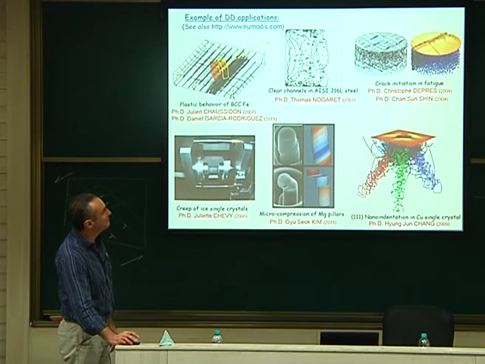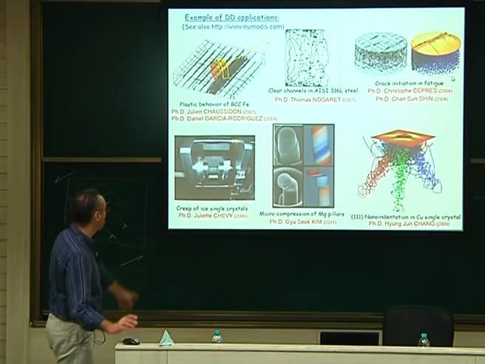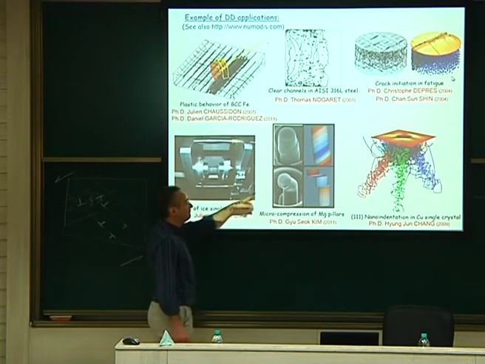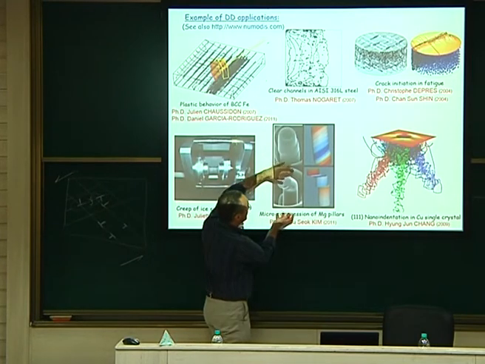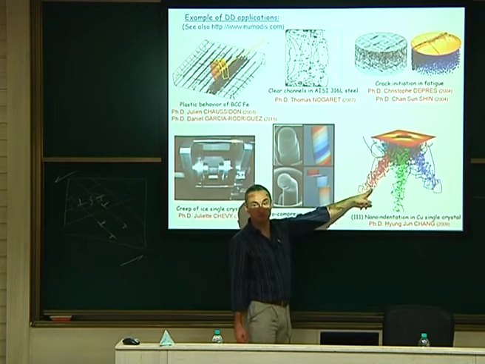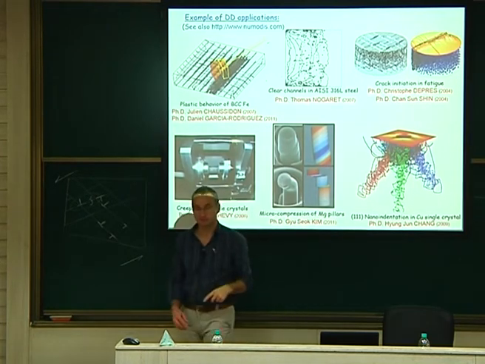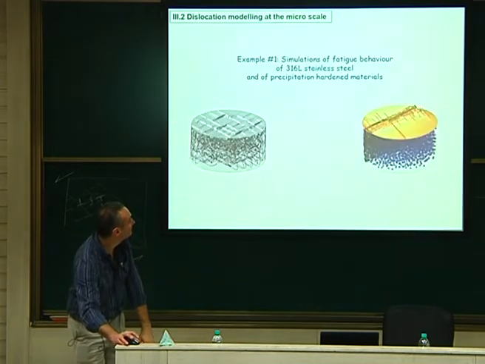And then we did the same in the case of particles inside. So what happens if you put precipitates inside in the same simulations? You can see that it's very much different. Ice, I already spoke about ice. Magnesium pillars that you compress and they move only on the basal system, and nano indentation. So this I will speak about tomorrow, and this I will speak about this afternoon. Okay? And I think I will stop here.